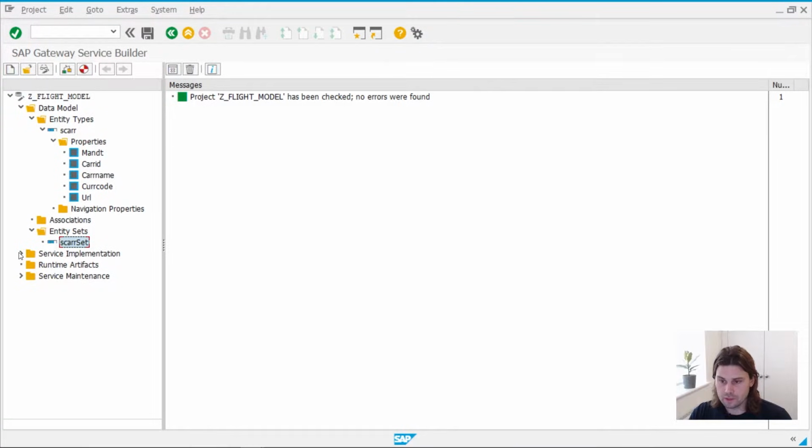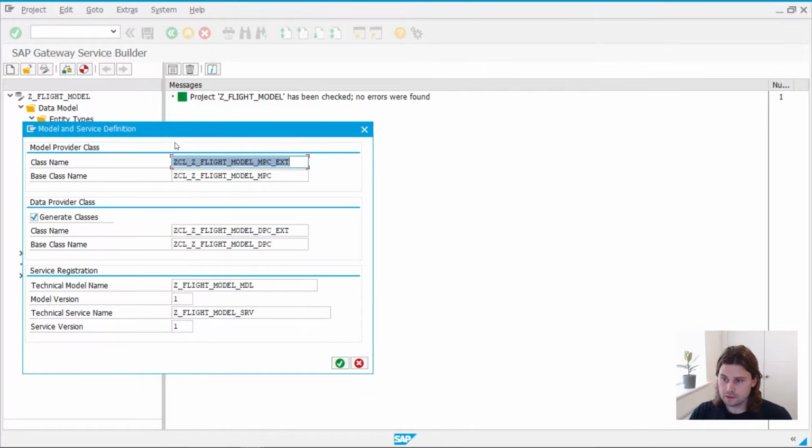Now that we have that, before we create the second part of this model, we're going to click generate runtime objects. What that's going to do is build and create everything else we need inside our Gateway model, so that we can start sending data back. So it's going to do all the other stuff under the hood that you would have seen in the previous section. So we're going to go ahead and click that,